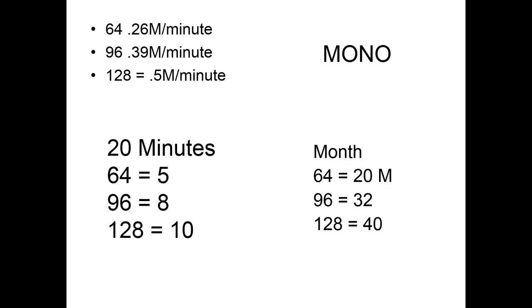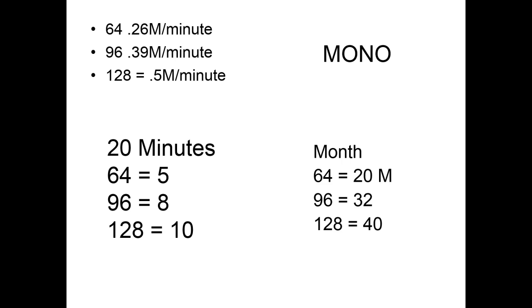So now the 64 is no longer AM radio. This is actually now CD quality. And if you go up the ranks, 96, 128, these are almost not needed because 64 is CD quality. It's just not stereo. So if we just look at that, 64, a 20-minute podcast now is only 5 megs, which means I can get away if I do one podcast a week for 20 minutes a week. For a whole month, I would only need 20 megs.